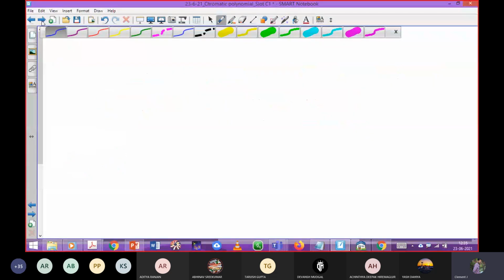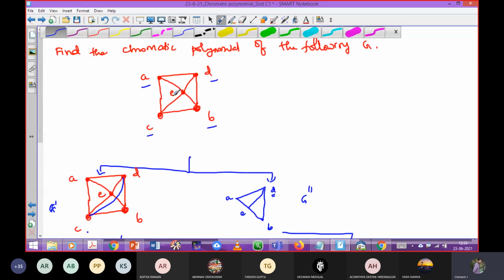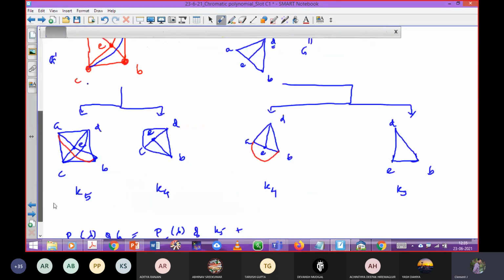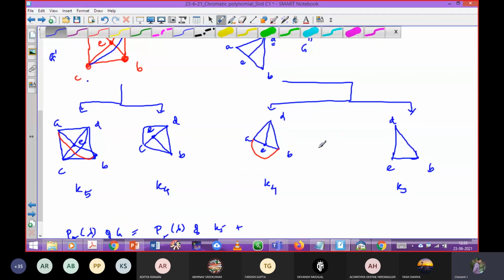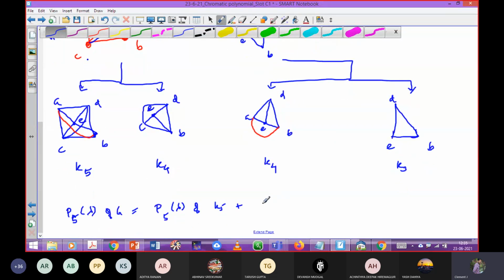So here what they are saying, I can just open that. So if you want to determine the chromatic polynomial of this graph G, by adding all its separate answers, you will get the cumulative answer. So now, according to that, what will be the next step? That's what I asked.